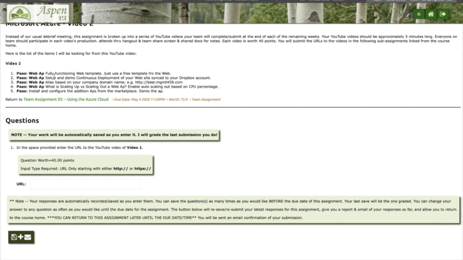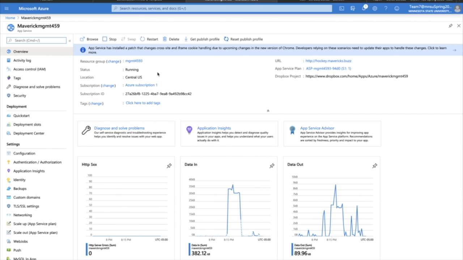Alright, so here my name's Dallas and I'm gonna do 1 and 2 right here. Fully functioning web template, just a free template from the web. So what you do, you go into Azure, and I already set one up, and I named ours Maverick Management 459. Our URL is